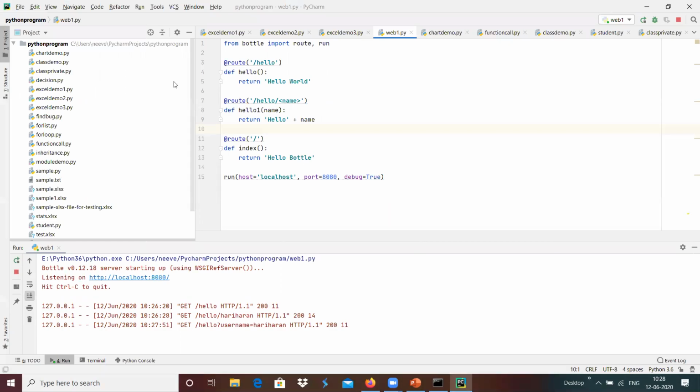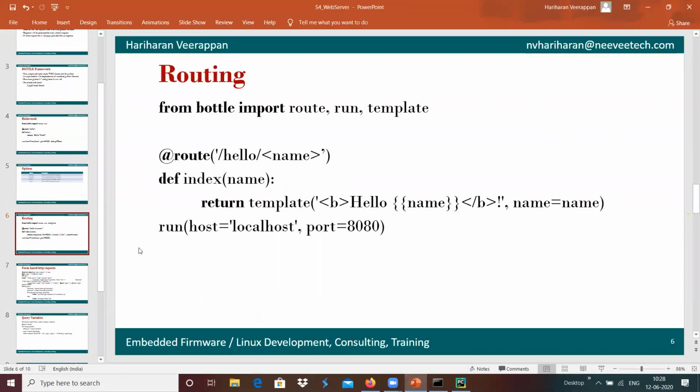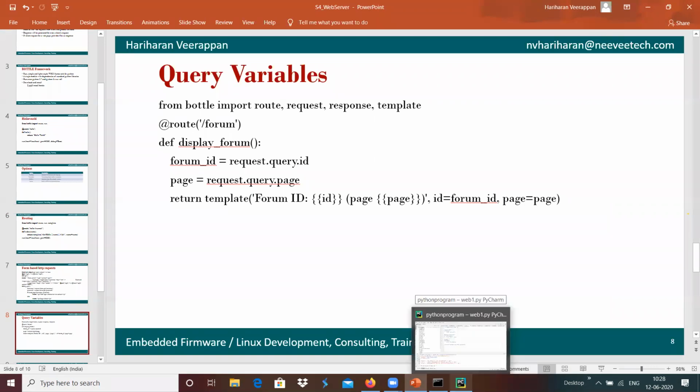Once we receive it, we can use the request, which is a module that can be used to handle the received query information, which we can get with the help of request.query.